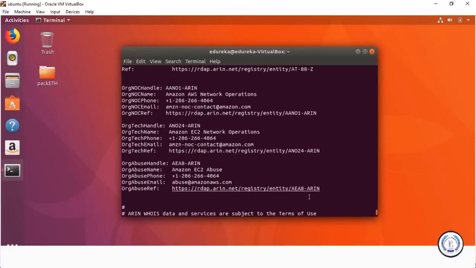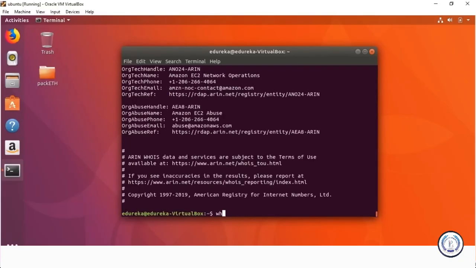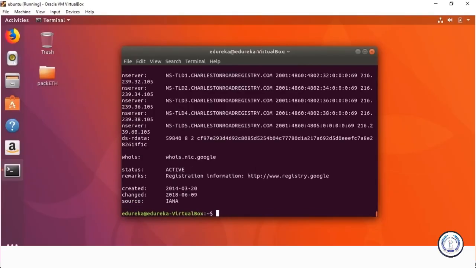Now, if you don't already have whois installed, you can easily install it by just going apt install whois on your Unix system, and that should do the trick. And then you can start using this really nifty tool. Okay, so that was all about using whois. Now let's get on to how to find out network ranges for a domain.